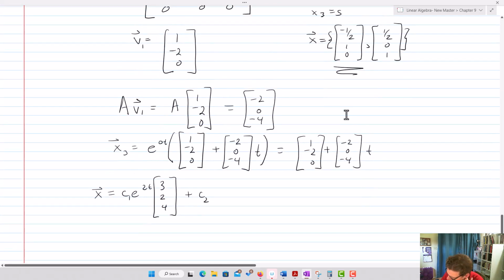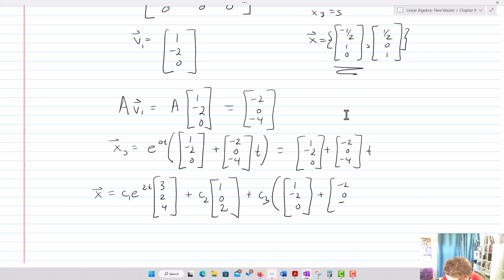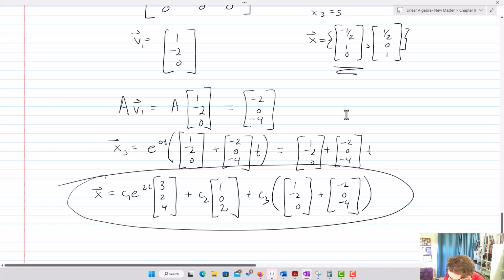So c2 times 1, 0, 2, plus c3, and this will be then 1, negative 2, 0, plus negative 2, 0, 4, negative 4. And that is the solution for 3 by 3, so we should expect that we have 3 linearly independent solutions,